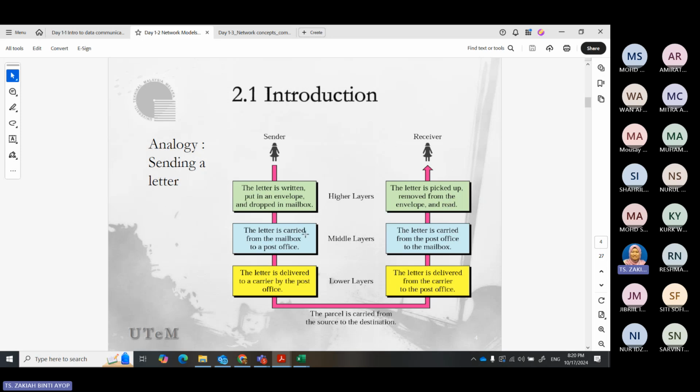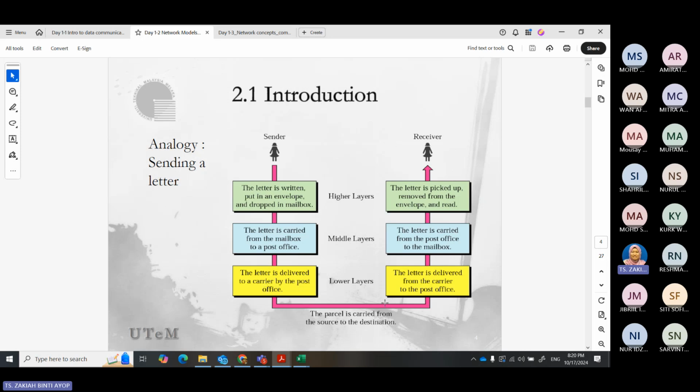When we go to the middle layer, it's like processing the message into something that can be converted and passed to the lower layers until it is transmitted to the destination. Here the letter is carried from the mailbox to a post office, and then delivered to a carrier by the post office.